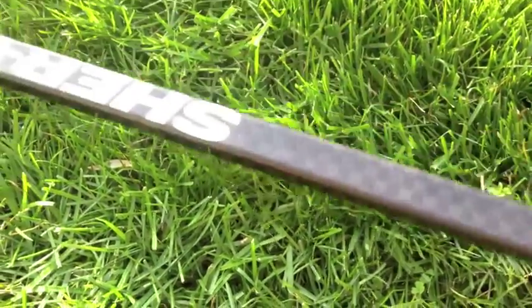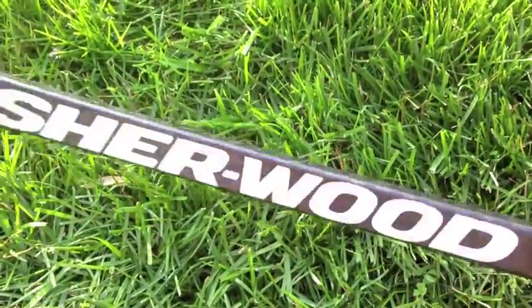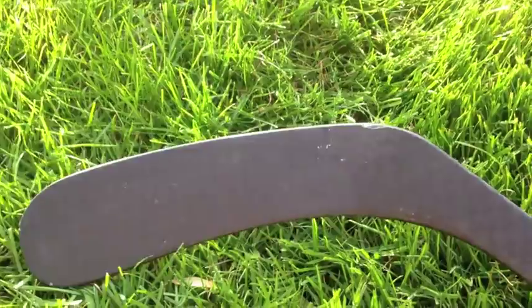Here you go. If you're in Arizona and you want to come out and demo these sticks and you're a lefty, let me know. You're more than welcome to try out my sticks, as long as you don't snap them over your knee or something stupid. I'm not going to beat you up. Jokes aside,